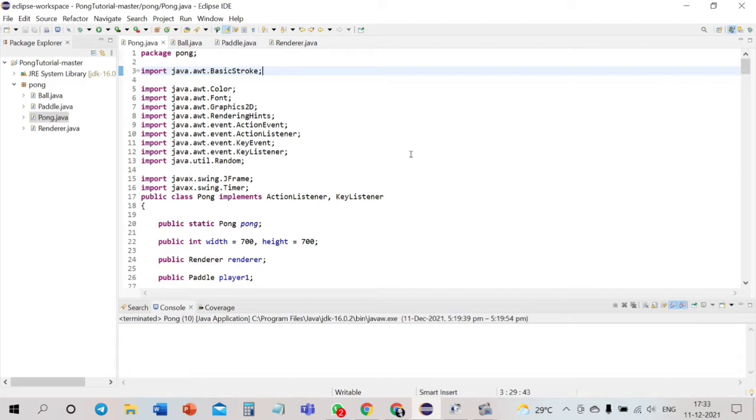We are batch number 6 and our team members are Praveen, Yashwant Rao and myself Monica. So we are here to give a project review on the topic Pong game. So this is the code for our topic and there are four classes. They are Pong class, render class, paddle class and ball class.